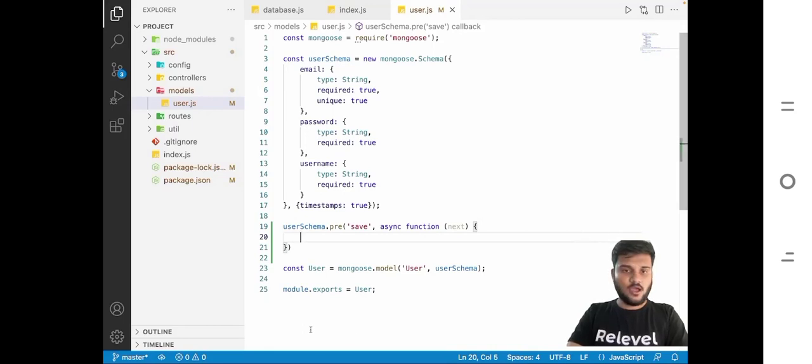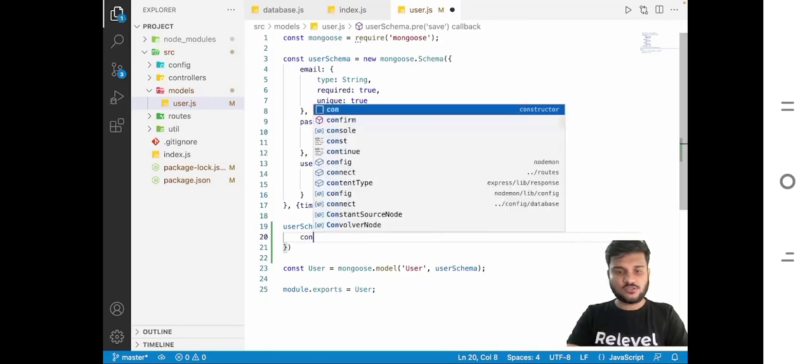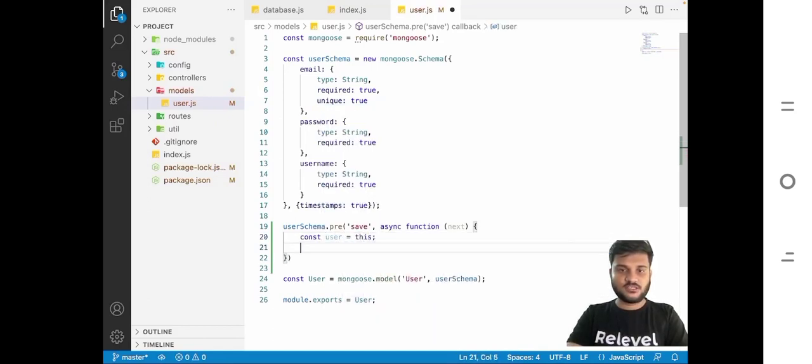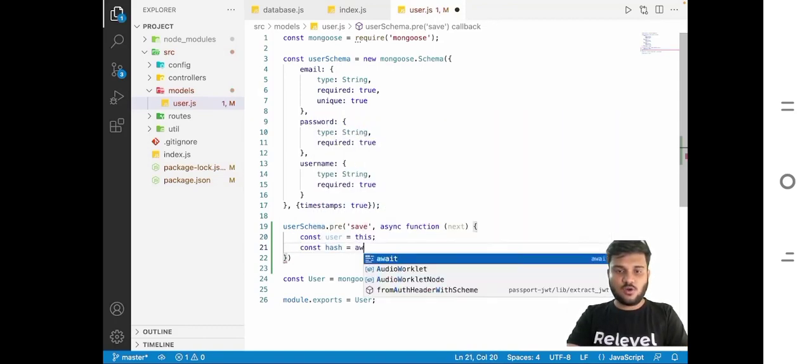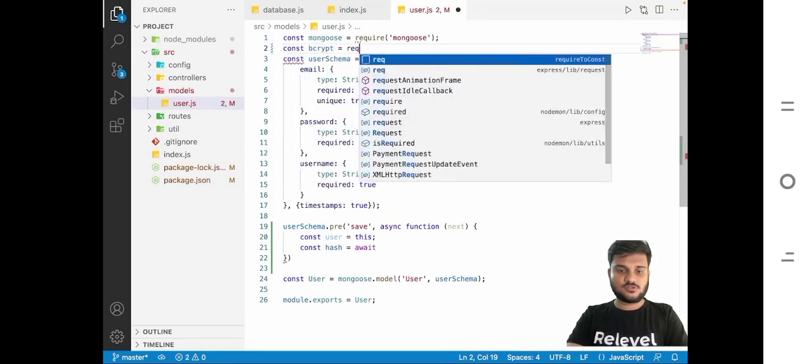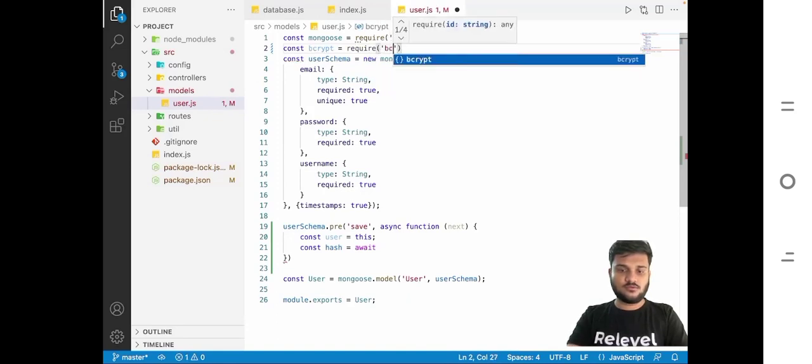Okay, and now what we are going to do is say const user is equals to this. The current object that you are going to come up with is going to be the user, right? And then we'll say const hash is equals to await bcrypt. So we need to require bcrypt. So const bcrypt is equals to require bcrypt,